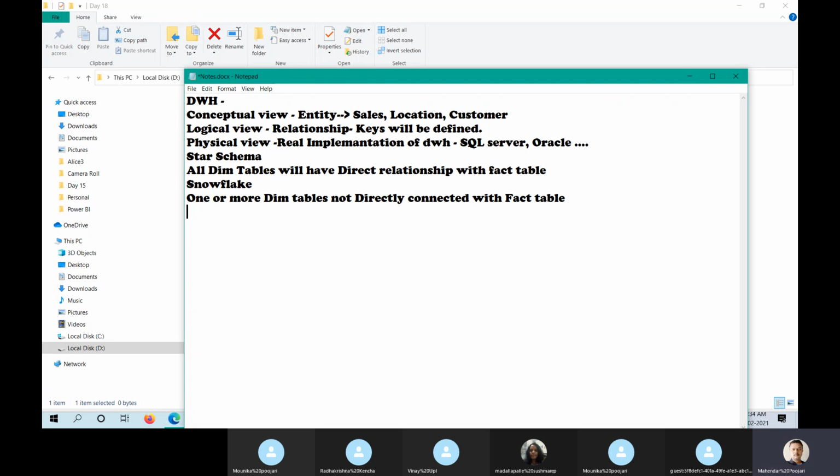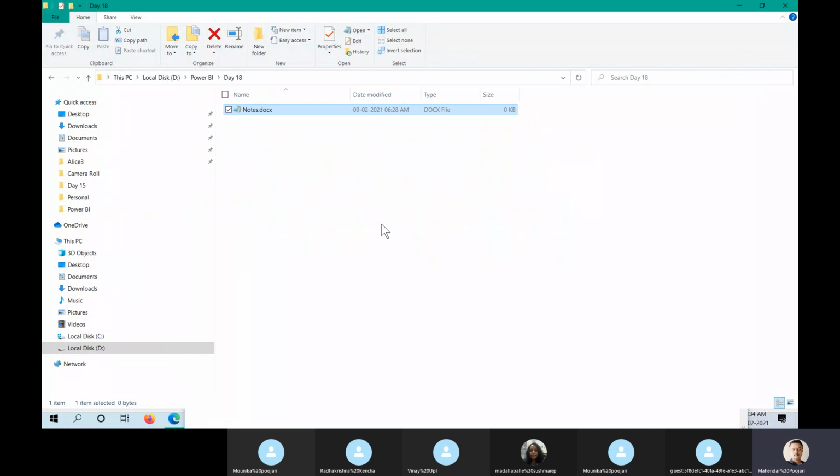They will call one more thing, but I don't think that is required. Two things are fine. Mostly in Power BI we go with the star schema, 60 to 70%. If not, the snowflake schema, nothing else. You should have this concept ready. Now let's jump into the practical.